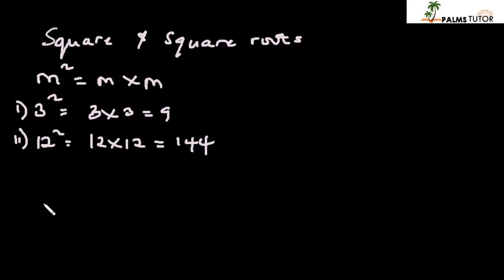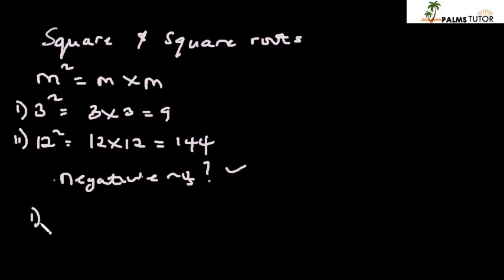Oh, just before that, is it possible for us to also square negative numbers? Is it possible to square negative numbers? Yes, it's possible. Squares of negative numbers will also give you the square of the positive number. So either way you are doing it is the same.